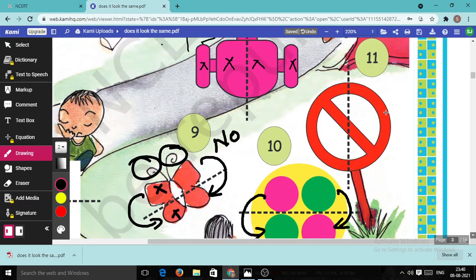Now clearly the circle is divided, but look here, this line is not a straight line. That's why it is not matched with each other. So we write here no. It is divided. Only this part will match this part, but these two parts are left out. So this will not match with each other. That's why we write here no.